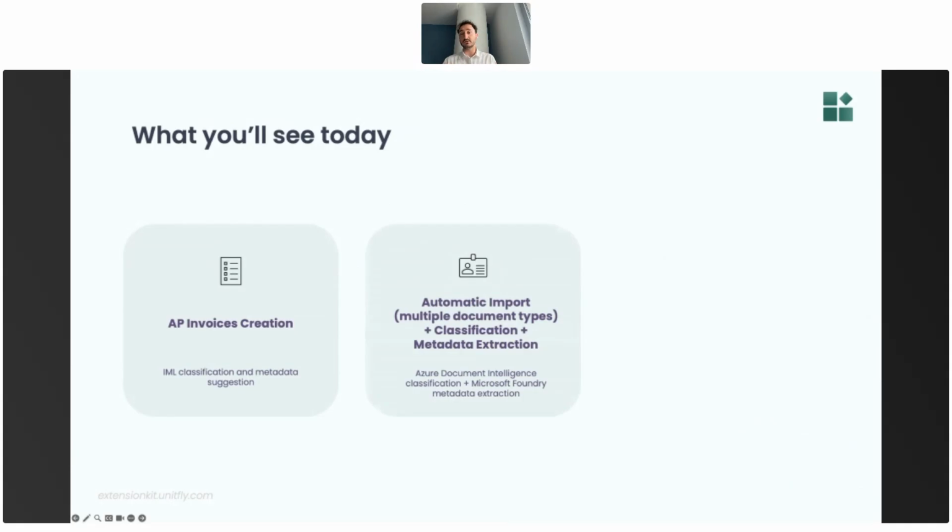We are going to talk about the automatic import of the files into the mFILES, where you first have to determine the right class, and then based on the class, you may want to decide which workflow that specific document needs to go into, and then based on that, do the metadata extraction. Here we are going to talk about the Azure Document Intelligence classification, about the Microsoft Foundry metadata extraction, and then